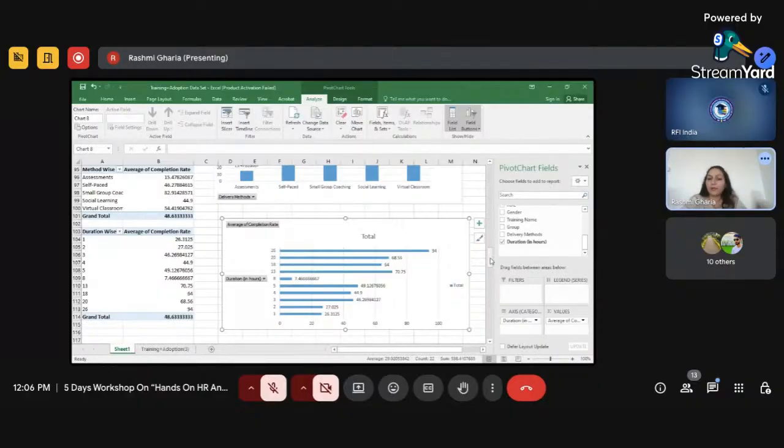Yes, ma'am. And while preparing the report, you need to write each and every insight, right? I will explain how to prepare a report later on. So right now we have applied the descriptive analytics on the training data. Now